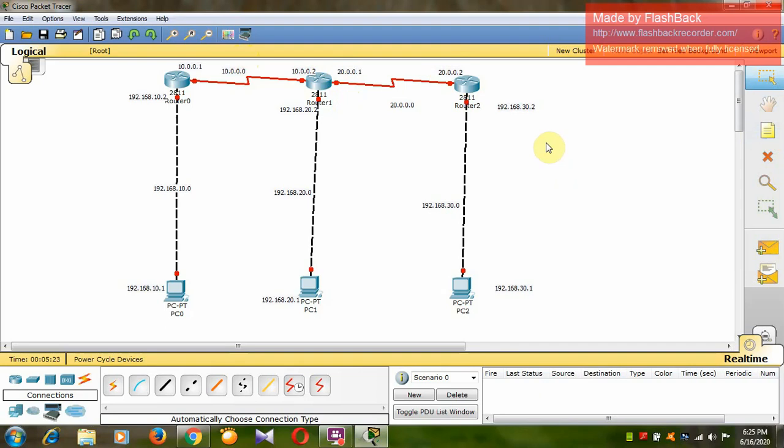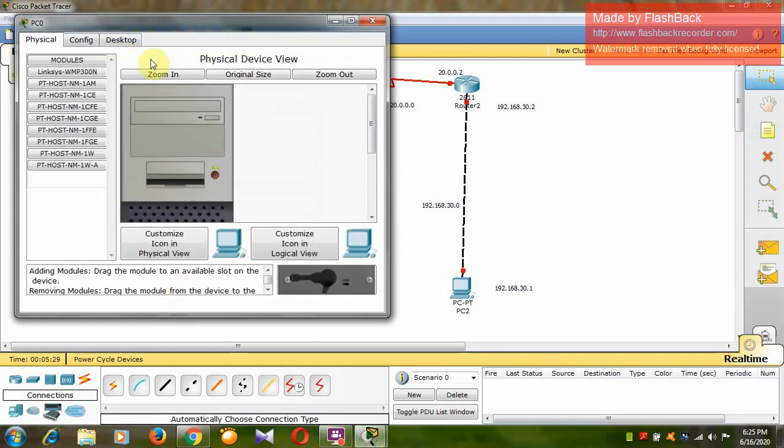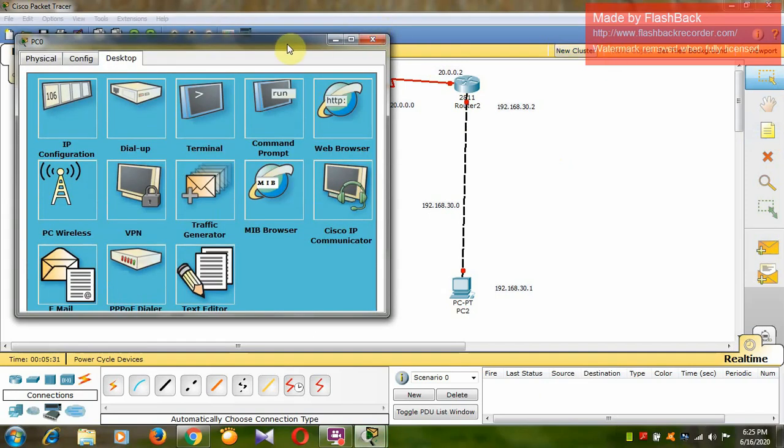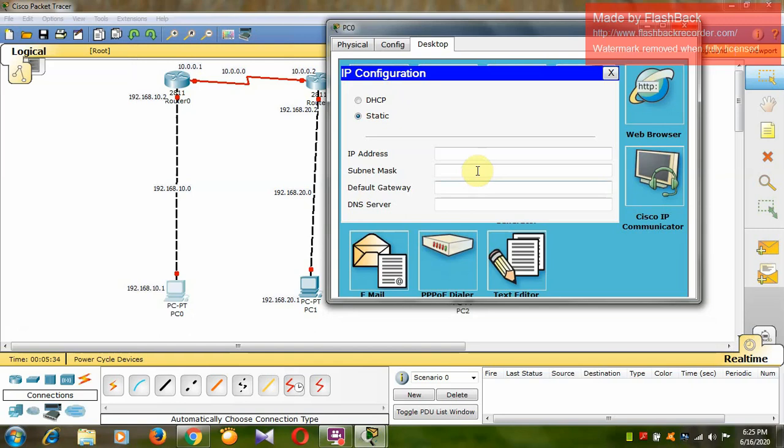Let us assign these IP addresses to these devices. So let me start with the PC0. Desktop. What I have assumed this IP address as 192.168.10.1, so it will take default subnet mask. And next we have to assign the default gateway. So what is the default gateway? Default gateway is nothing but the IP address of this port, that is F0/0 interface.